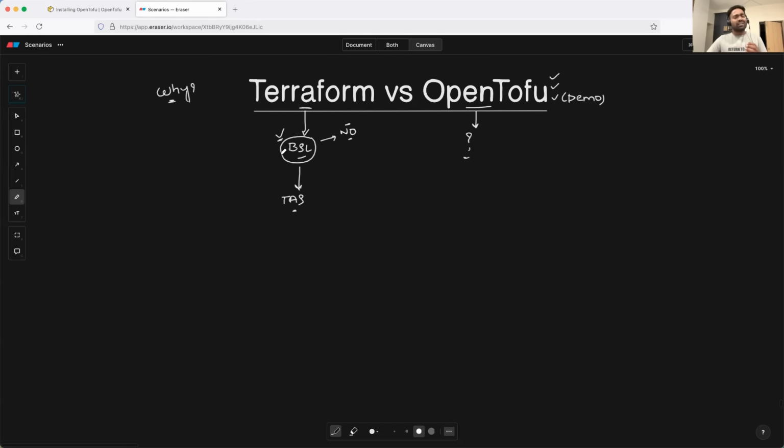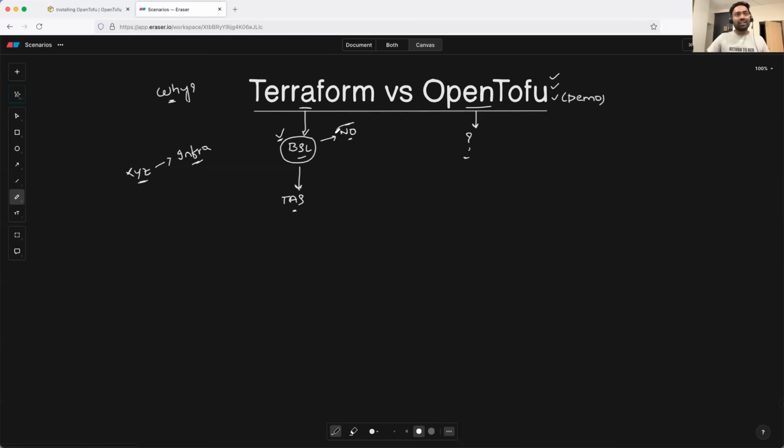Best example is TerraGrunt. But Abhishek, if I am using Terraform in XYZ company, so I'm working as a DevOps engineer in XYZ company, and I use Terraform to create infrastructure on the cloud platform. Am I also impacted because of this licensing change?